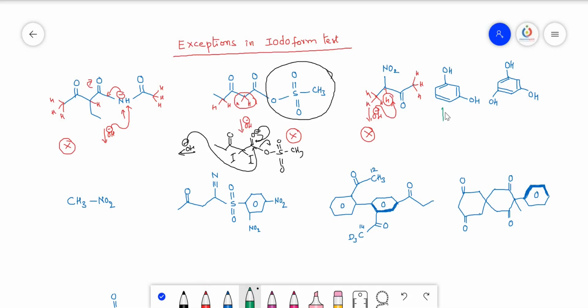Now let us see this particular molecule. So in this molecule, in the enolic form, these two compounds do not respond to the iodoform test, but when they are in the keto form, they respond to the iodoform or haloform test. See now, haloform, these are the diketones, these are the two hydrogens. So these two hydrogens are replaced later by two iodines, so that iodine will come over here. Later OH minus ion will attack over here, and a tetrahedral molecule will be formed. Later this will be disconnected, and